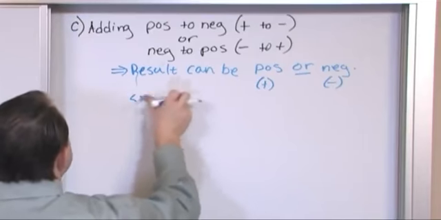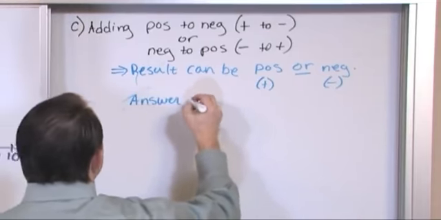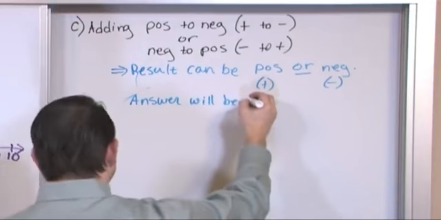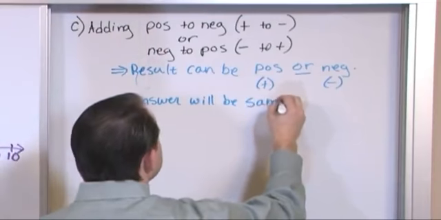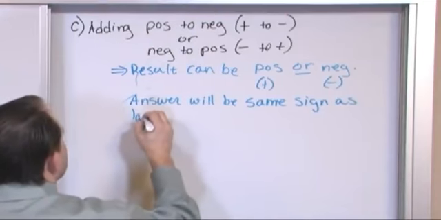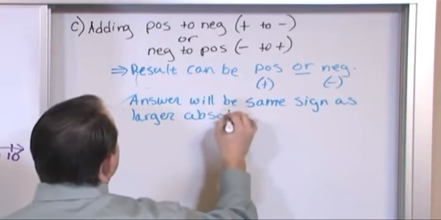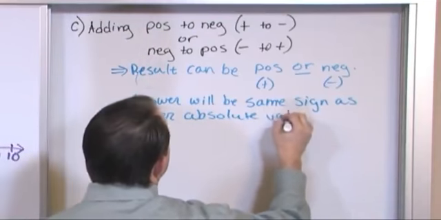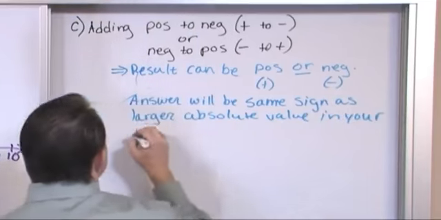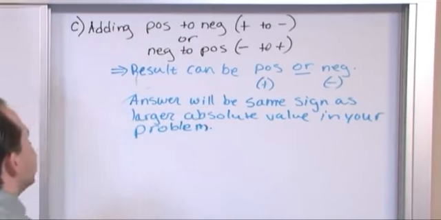let me put it a different way. The answer that you get will be the same sign as the larger absolute value in your problem. Okay, now I know you're reading this and you're like, oh my goodness, I definitely don't get